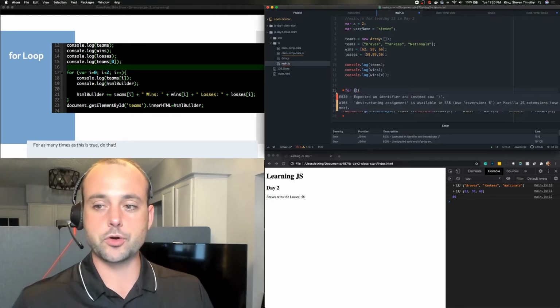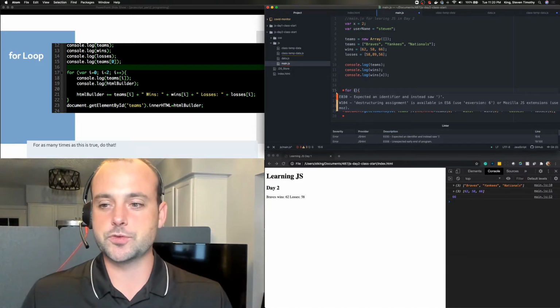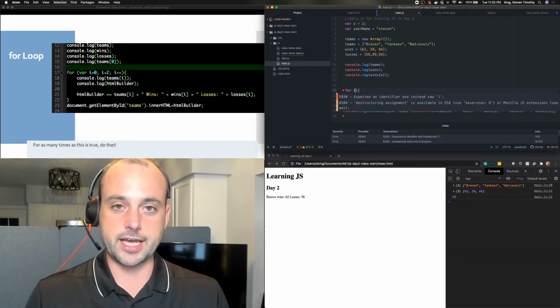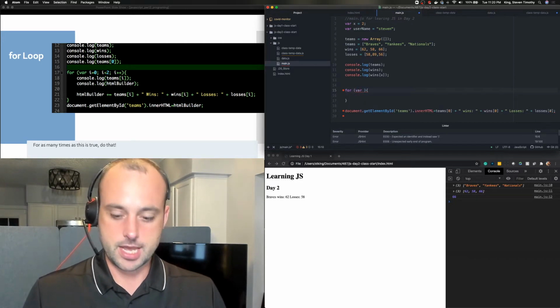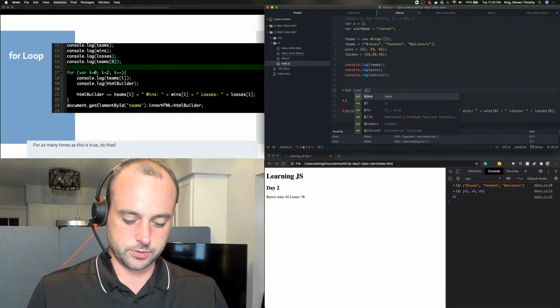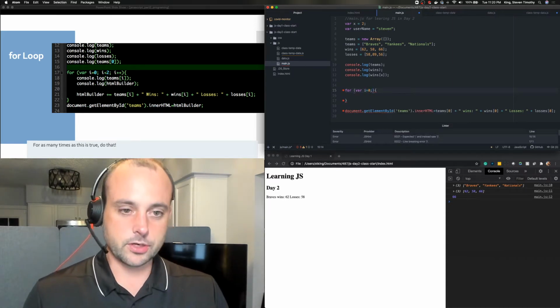So inside the parentheses, we do this kind of declaration that is for all for loops. So first we define an initializing variable, which is i most of the time, var i equals 0, so starting at 0, semicolon,